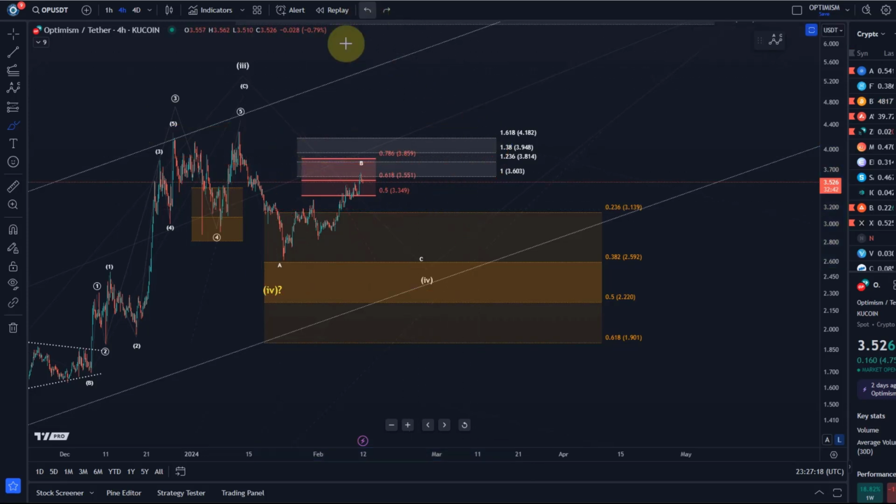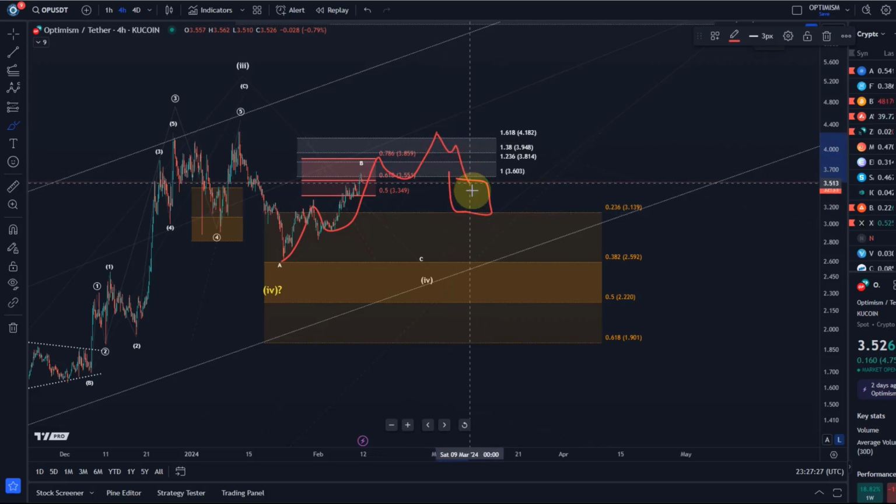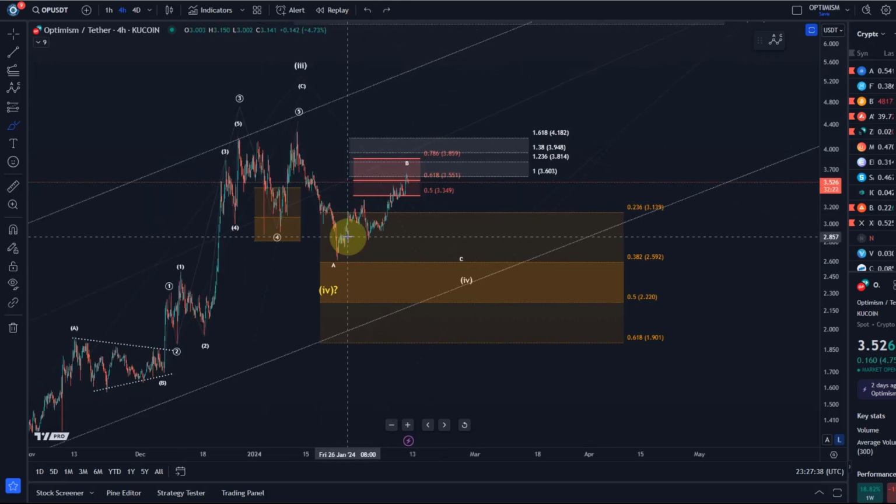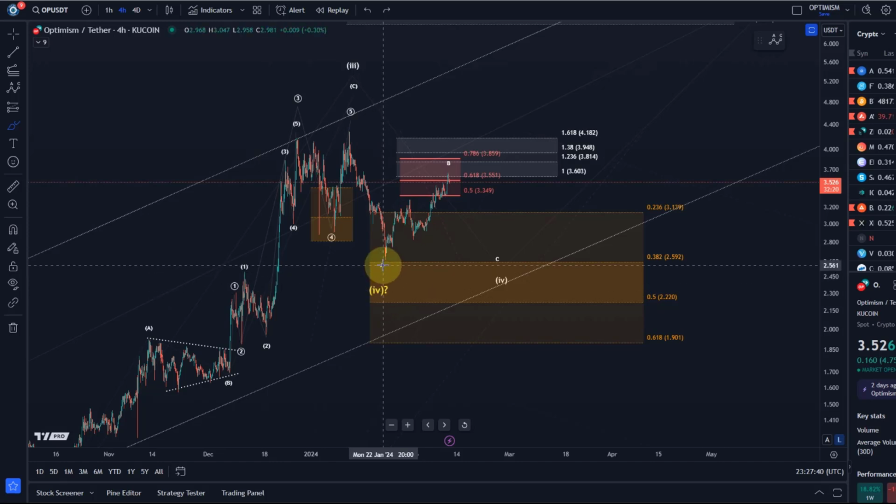Only if we get a first 5-wave pattern can we add another support zone. After a 3-wave pullback, you could add a little bit in this area, and then we go higher and you do the same thing again. That's a wise way of using Elliott Wave for trading ranges, because I cannot tell you that wave 4 is over. There's no way to do that. I can only tell you what I see right now, and that's a 3-wave move, which means that this support area still remains relevant, and we've run now into resistance. So be aware that this could change and chop around. We are still technically in a correction.